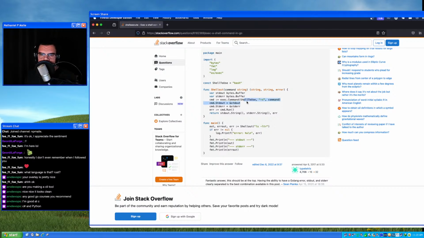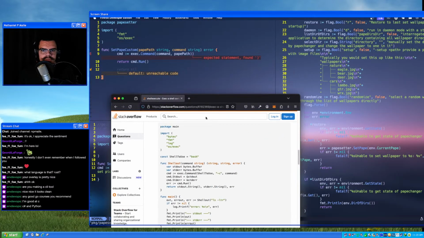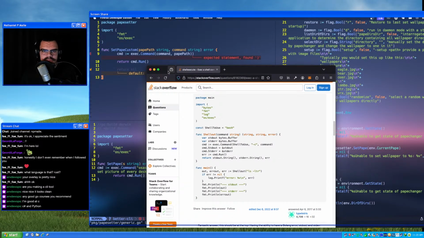This is what I want to do: choose a shell to use. The question is, how do I figure out which shell? I don't want to just specify bash. Maybe on Mac and Linux, I can just say /bin/sh, and then on Windows I'll have to make it be PowerShell or something. I think that's probably going to be the easiest way to do it. Yeah, I think that makes the most sense.